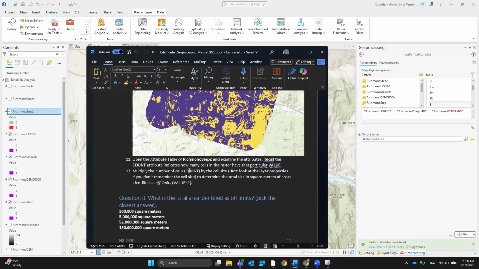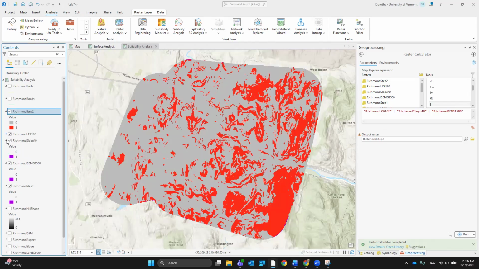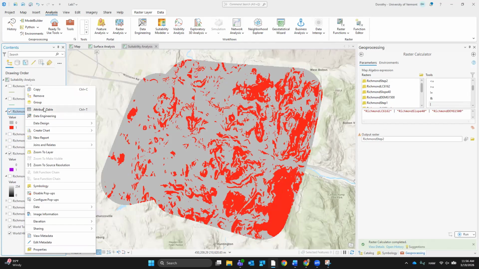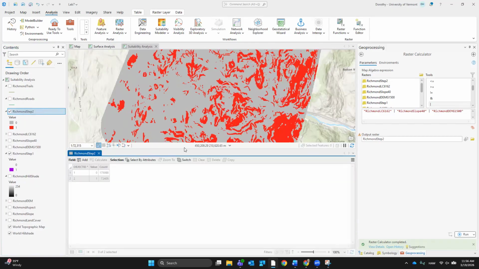Okay, so now we can open up the attribute table of step 2 and examine the stuff. Recall that the count attribute indicates how many cells in the raster have that particular value. You can multiply the number of cells by the cell size. I'm gonna minimize these little ones that I made because that's just extra stuff. I'm gonna open up the attribute table of Richmond step 2, and look, there's that many zeros and that many ones.